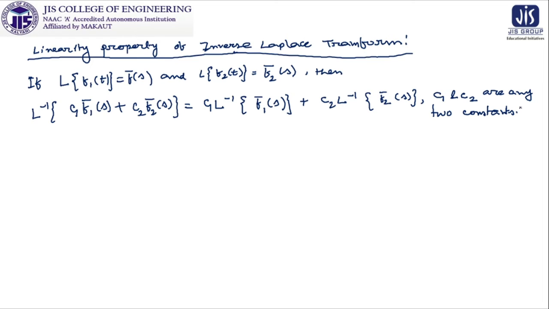So the linearity property of inverse Laplace transform tells us that if we take two functions and we have their Laplace transforms known to us, then the linear combination of their Laplace transforms will be taken, and if we do the Laplace inverse transform of that, we will get them separated, multiplied by these two constants c1 and c2. So now let us go for some very basic illustrations based on Laplace transform and Laplace inverse transform. So let us check that one.